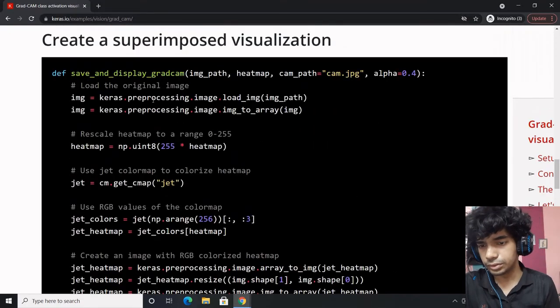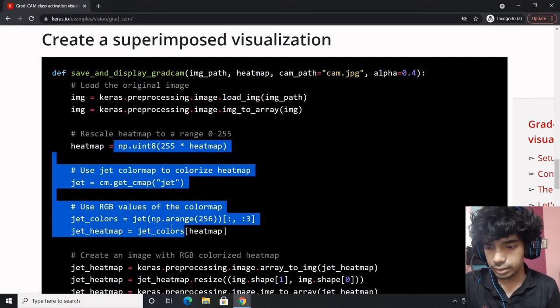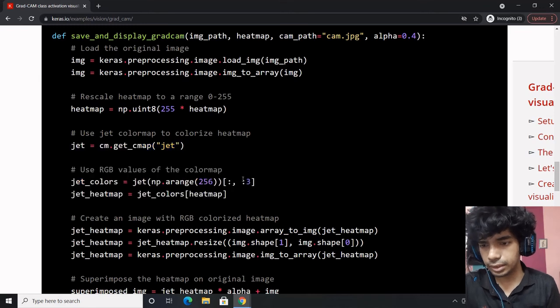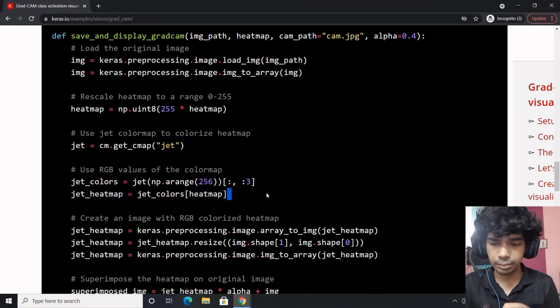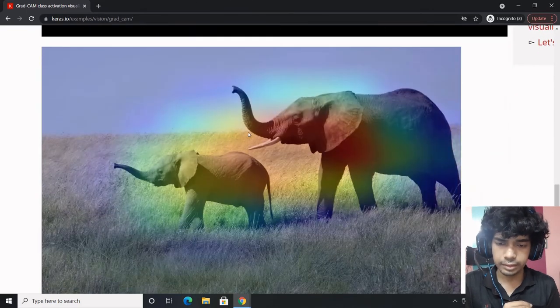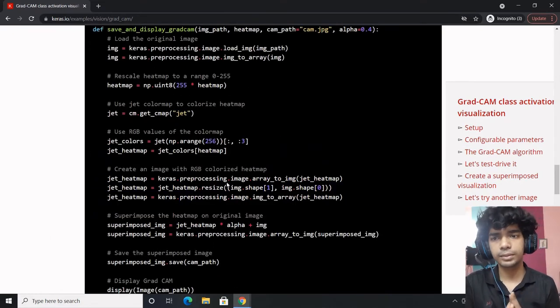If you check out the official implementation, it is a bit complex way of obtaining the superimposition. What you do is load the image, obtain the image array, and then they do the color map thing, using the Jet color map. Then you utilize the RGB values out of the heat map. A lot of pre-processing goes into it, and finally it obtains such a beautiful superimposition. That is definitely possible. You can check out other resources as well for obtaining the superimposition.